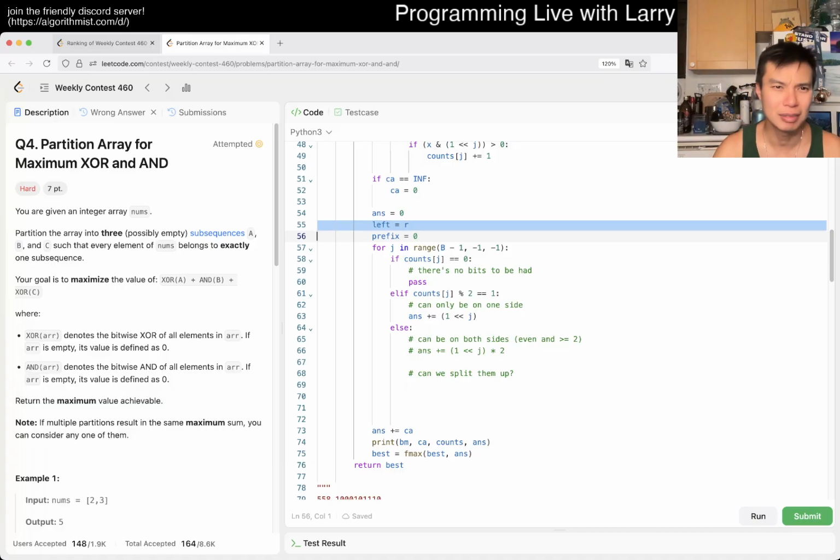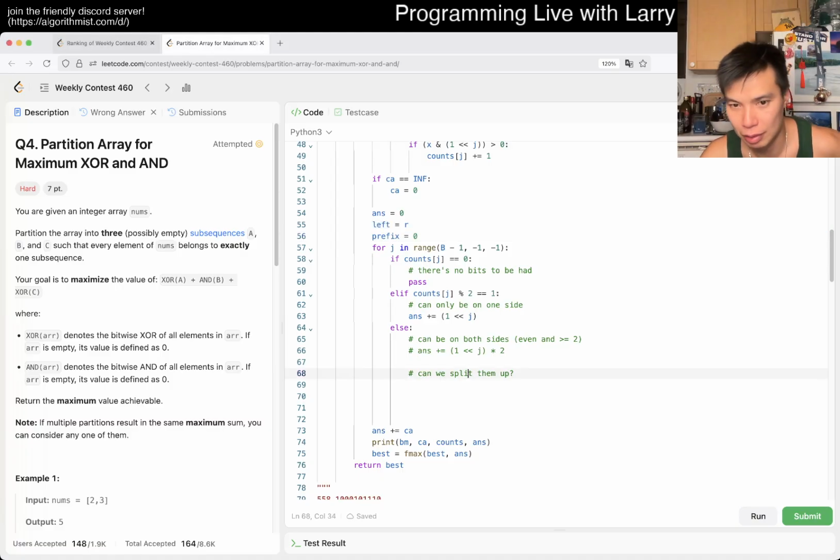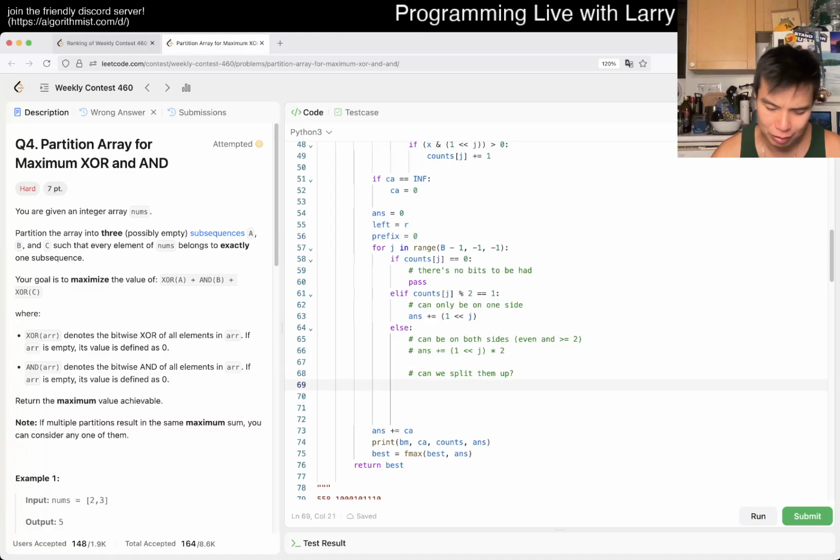Is there multi-set in Python? Why would I not know that multi-set? A bag? Just Counter. Yeah, it's gonna be slow though. So okay, let's just do it this way, and we'll hack it. But can we split them up? Yeah. So then